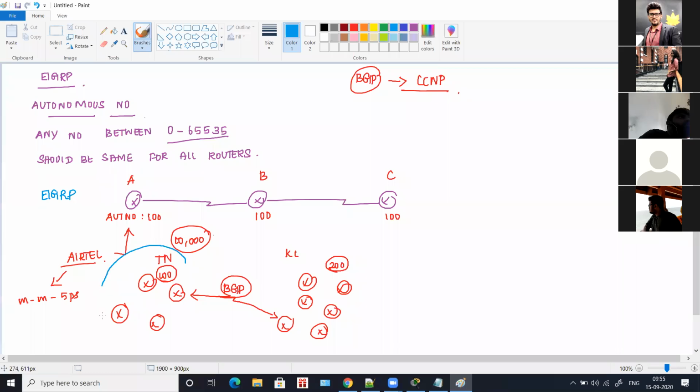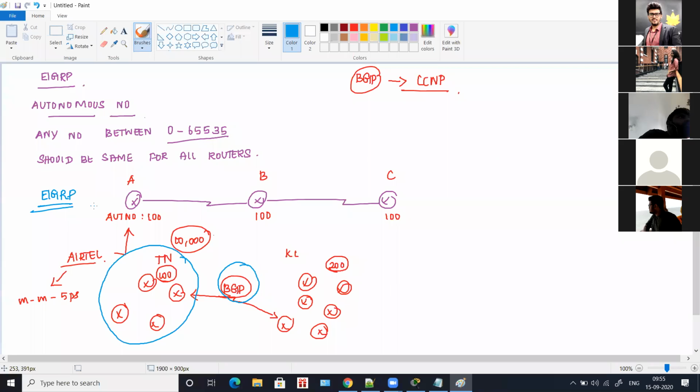That is, you concentrate only on Tamil Nadu. Now, there is also something called the Kerala router, and if you wanted to make the Tamil Nadu router and Kerala router communicate, then you go with the concept called BGP. So BGP is a concept from CCNP, an advanced networking concept, but that is also very simple. Understand that BGP is actually for this. But today we will be concentrating only on EIGRP.